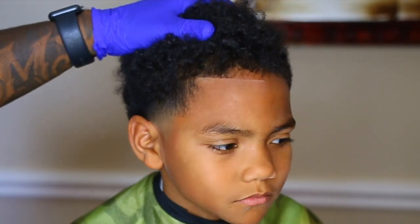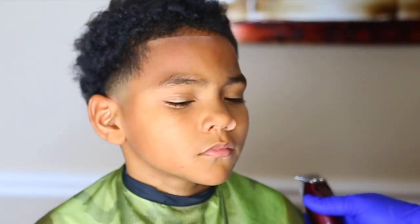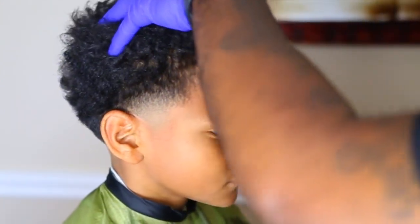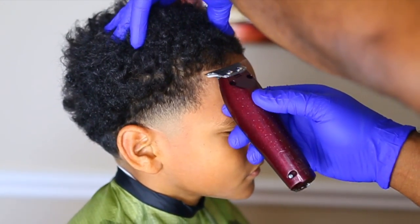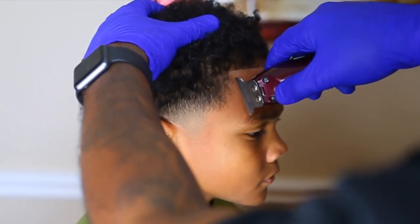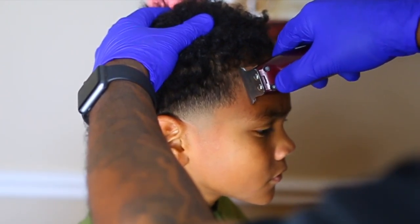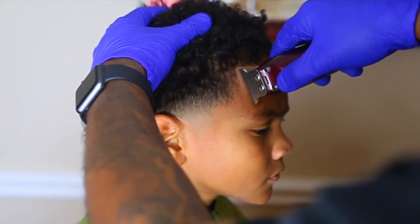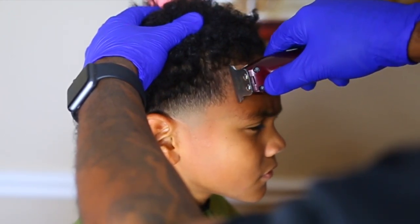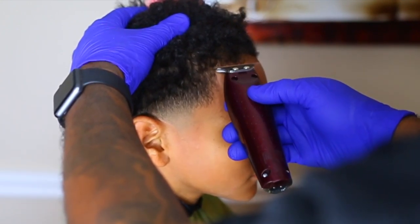Now you can see on the sides right here, he was pushed back on this side, but I wanted to bring his natural line out. In a week or two, his line will be able to be perfect, right? Because look where I'm putting that line compared to where it was. Boom. We're not doing no pushback. Everything is nice, but it's just not as full along the edges as I wanted, but